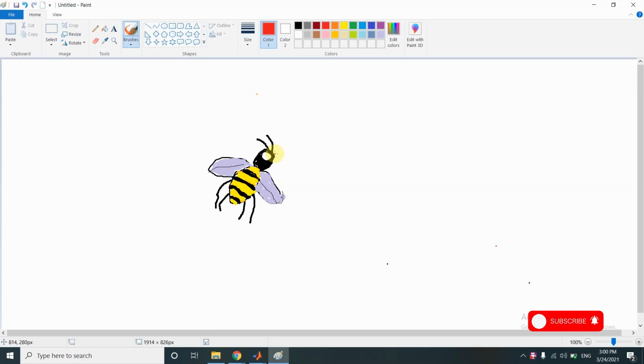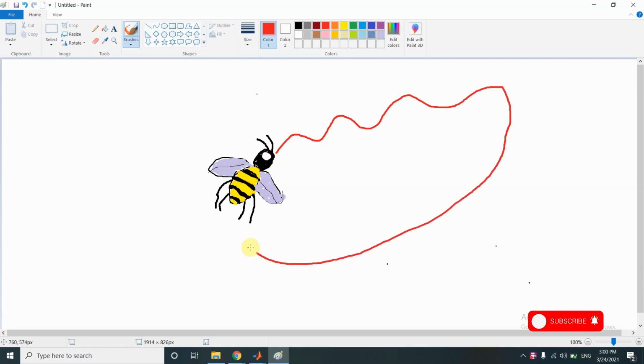Let's say this is a bee which has just returned to the hive and it goes to the dance floor and it moves in a zigzag direction like this. This is the straight part of the dance. After moving some distance, it returns back to the previous position